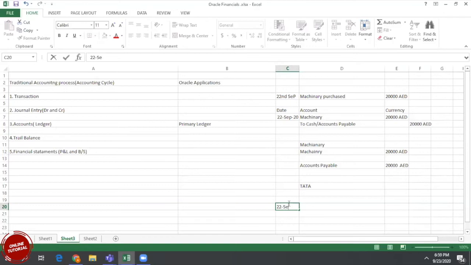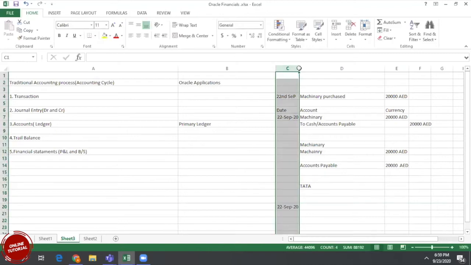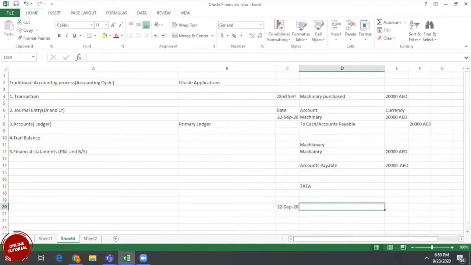For example, Tata is a company. Under Tata company, we have Tata Motors. For example, Tata Motors cars division, Hyderabad location, and for example, they purchased machinery. If you give it like this, the advantage is that it gives more meaning compared to only the account.